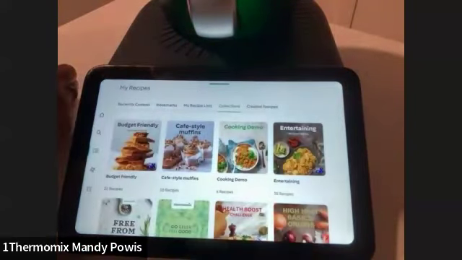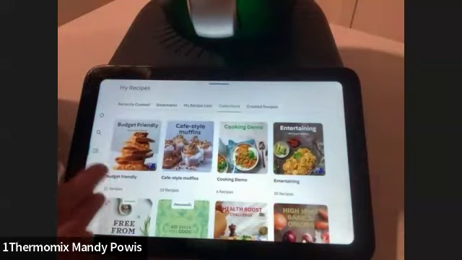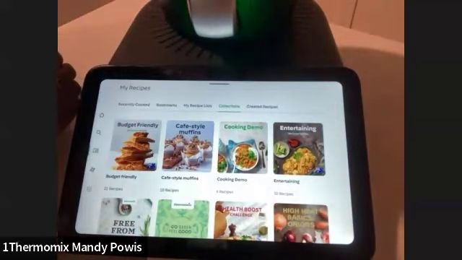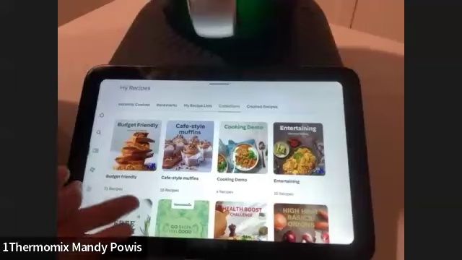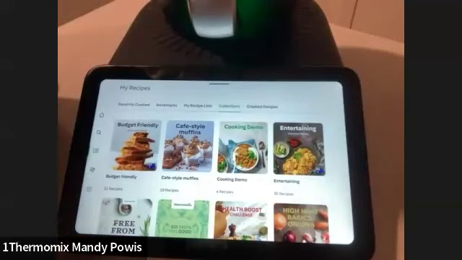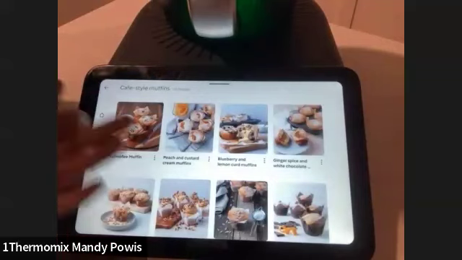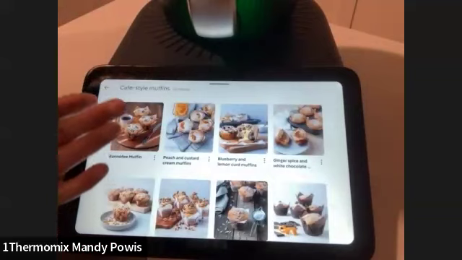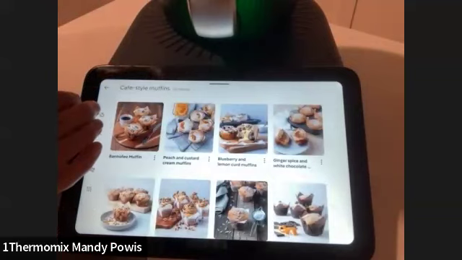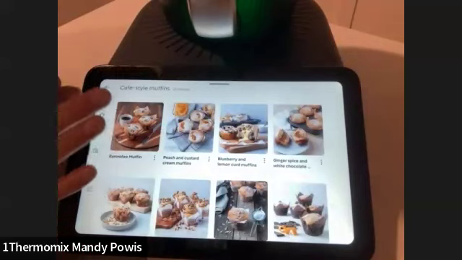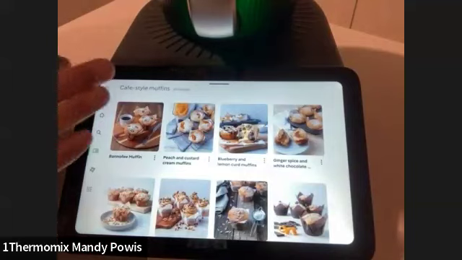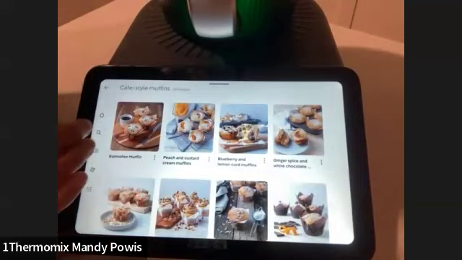These are collections that I have saved. So on Cookidoo, when you go into a collection, there is a little thing at the top on the right-hand side where you can save a whole collection. So these are the cafe-style muffins. They're really cool. I haven't made those, but I saw someone else had made those. I've made the banoffee, I like banoffee. I was expecting it to be good, but it was a little bit too caramelized. Then blueberry and lemon curd muffins, they are the bomb. So that's those